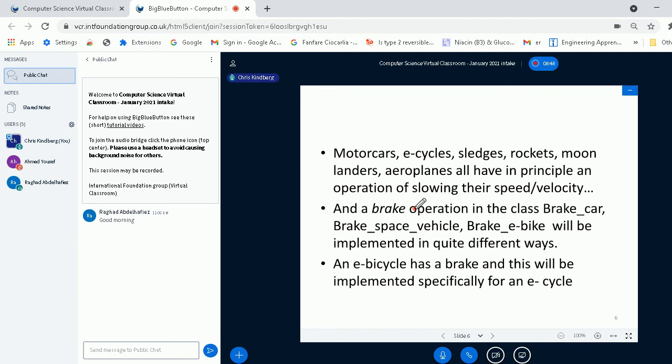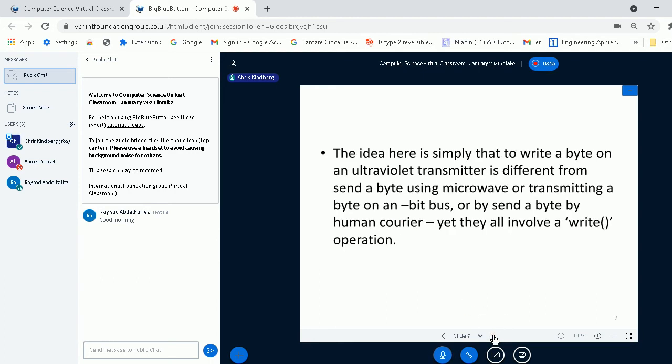An e-bicycle has a brake, and this will be implemented specifically for an e-bike. A braking system on a space shuttle involves, I don't know, 12 retro rockets to stabilize motion whilst it's reducing its velocity.